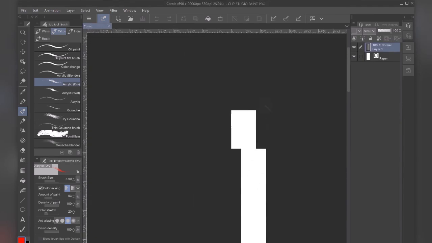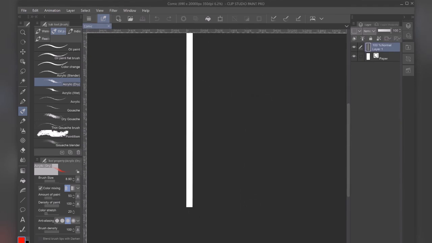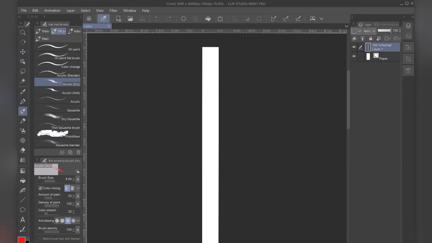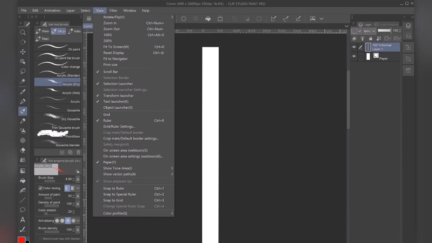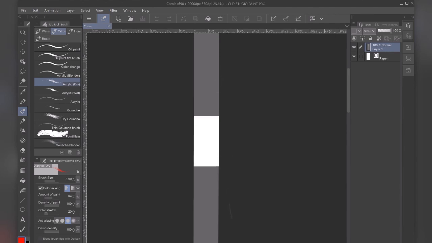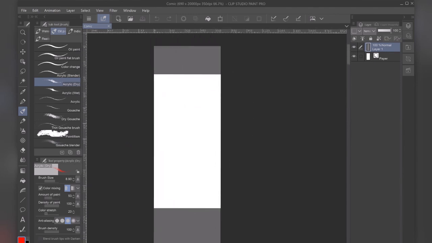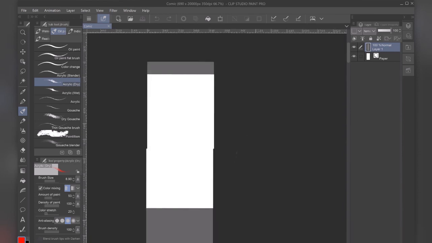So here we go. This is our canvas. Let's zoom out all the way. That's our canvas. Some other cool features that they added in here, specifically for this, you can do a specific on-screen area for Webtoons. So basically, if you were to zoom in a little bit more and say your comic's finished, right? This is how you would view it, or this could be how the preview would look on, say, a mobile